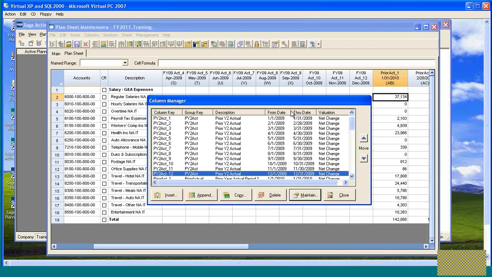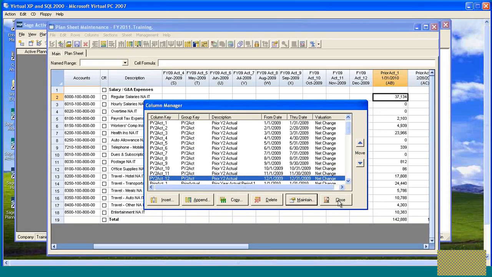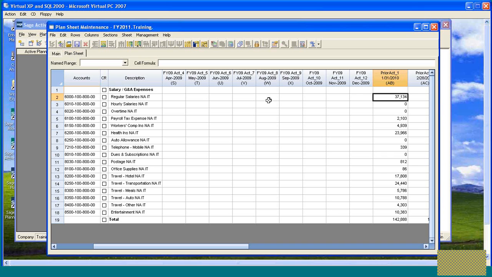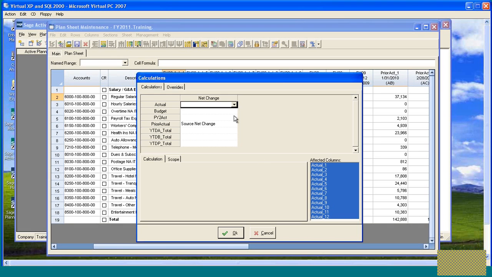Okay, and now we have created our periods for our new group, and inserted them into the right position here. So the next thing we want to think about, obviously you would go ahead and assign the calculation to this new group. So if we look at the calculation, we now have a new group showing up here for prior year